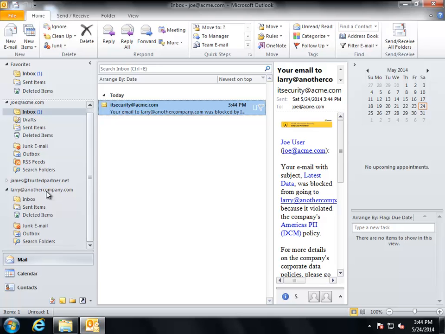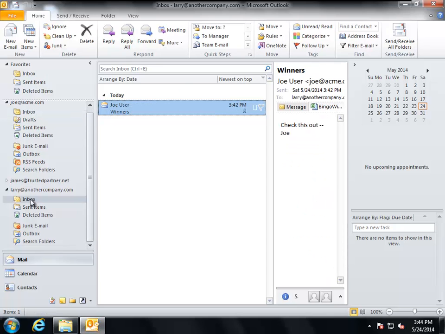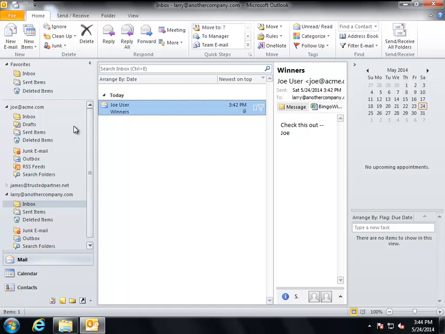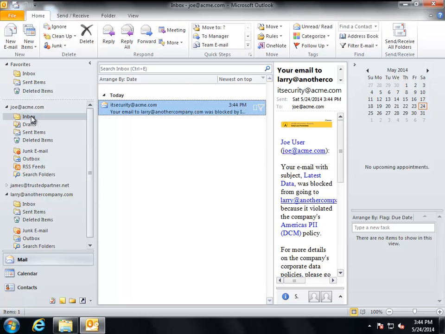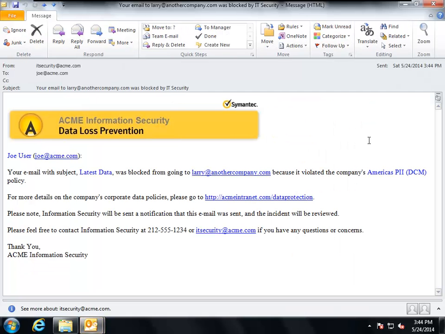We can see when we go to Larry's inbox that that second email did not come through. But meanwhile, in Joe's inbox, we see a customized email notification that's been sent by Symantec data loss prevention to tell Joe that his recent email was a violation of company policy and that he can go and find more information about the company's data handling policies at a certain location. Now this is a customizable email. You can put anything in here that you want, and you can see that you can have links